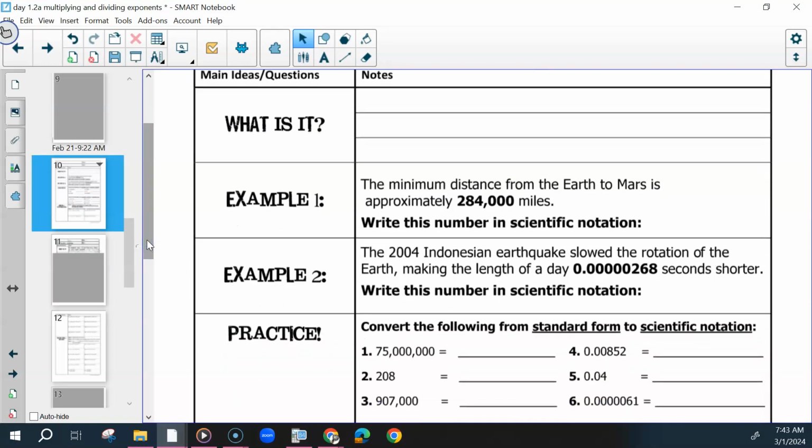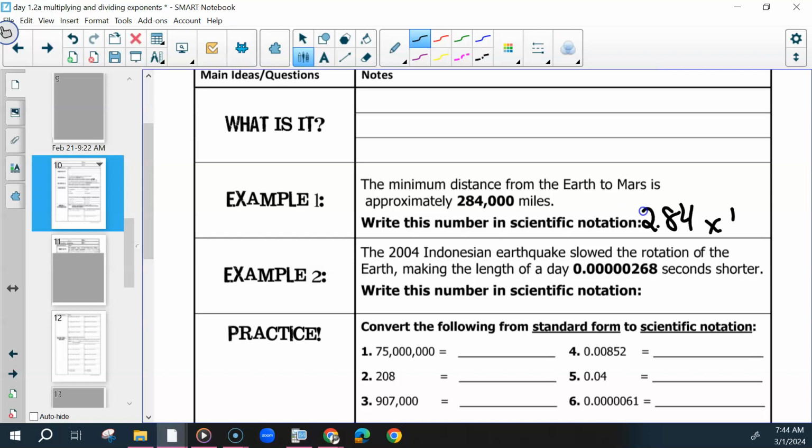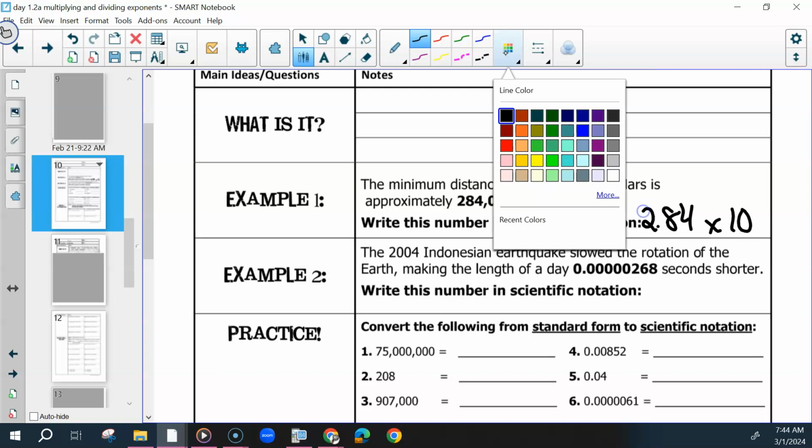For example 1, we have the minimum distance from the Earth to Mars is approximately 284,000 miles. We want to write this number in scientific notation. Anyone know how we would do that? Write this in scientific notation. 2.84 times 10 to the power of 3,